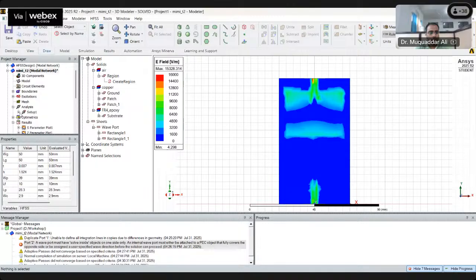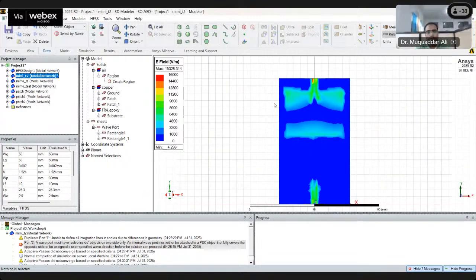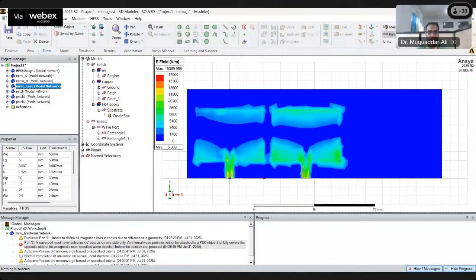Now we have seen same polarization in both the cases. The antenna is radiating same polarization. This one is radiating in y direction. This one is also radiating in y direction. In this, we can see this one is radiating in negative y direction. This one is radiating in positive y direction. Okay. Now, these two